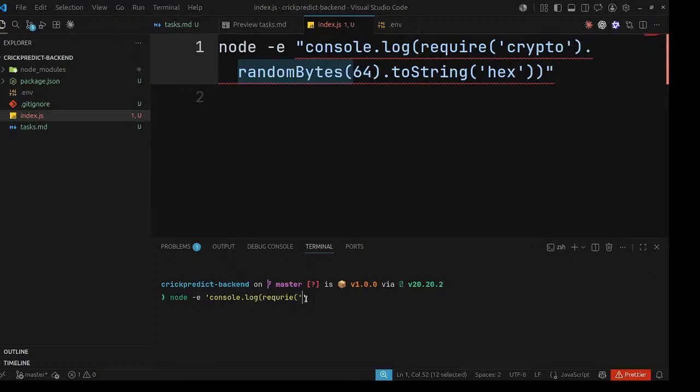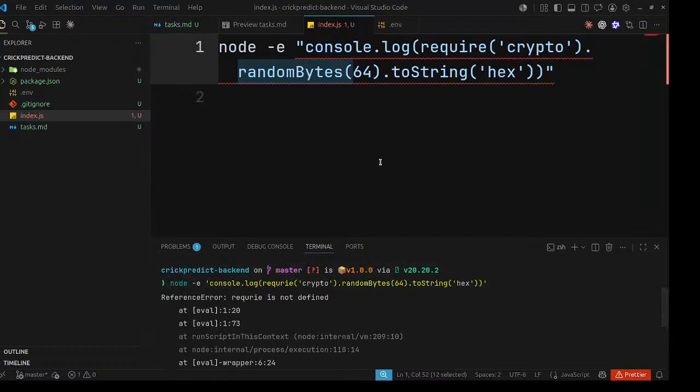In crypto, we use randomBytes of 64, then toString, and use hex. So we have used node console.log, require crypto, randomBytes 64, and converted it to a string in hex.